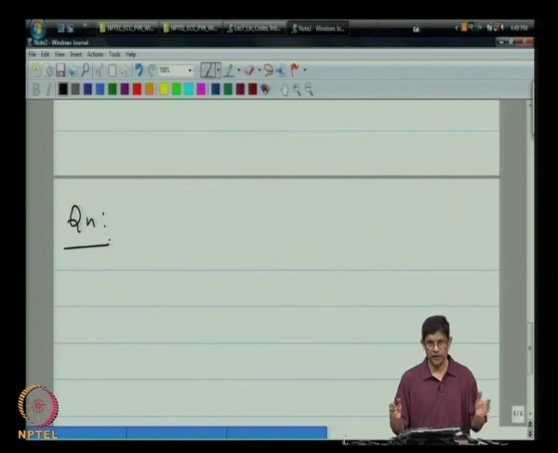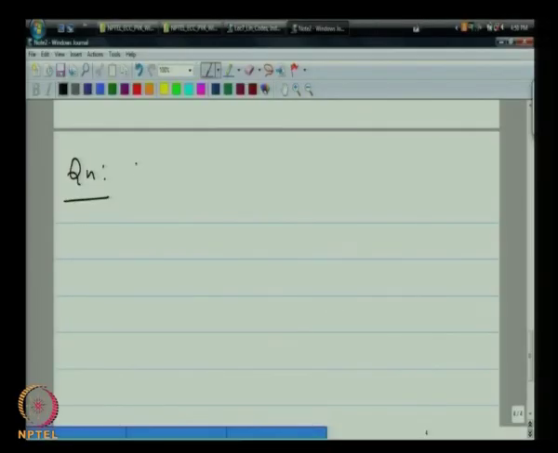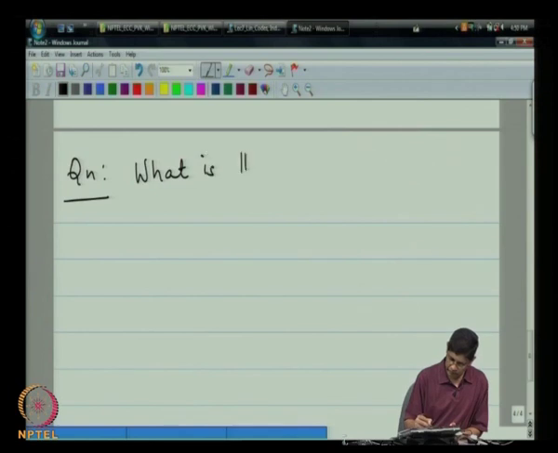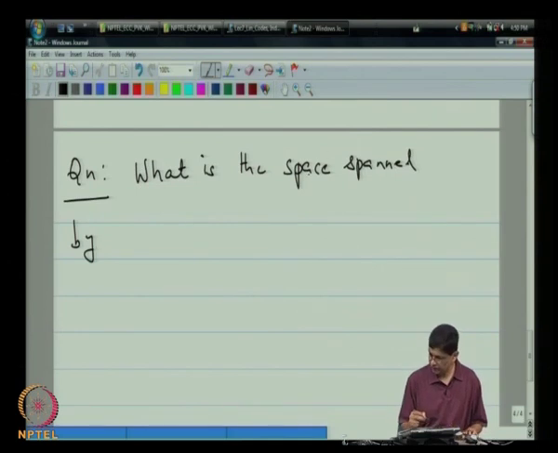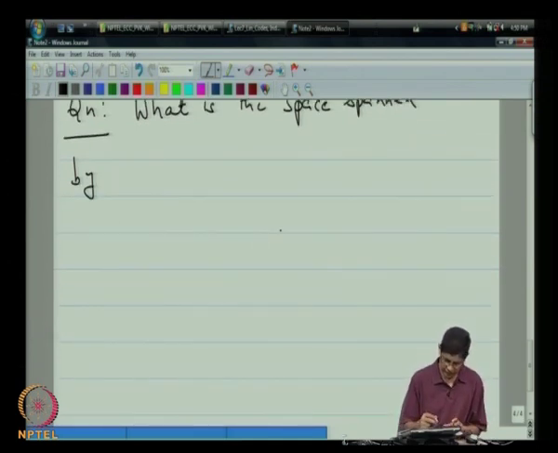If this were in a regular classroom, I would pose this question to those in the audience, but you might want to think about it. So, what is the space spanned by the following set